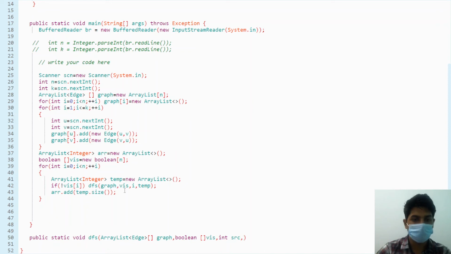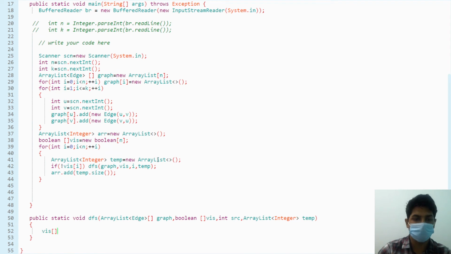Now we are taking an array list of integer, temp. Now what we have to do: visited of source equal to true, then temporary dot add source.